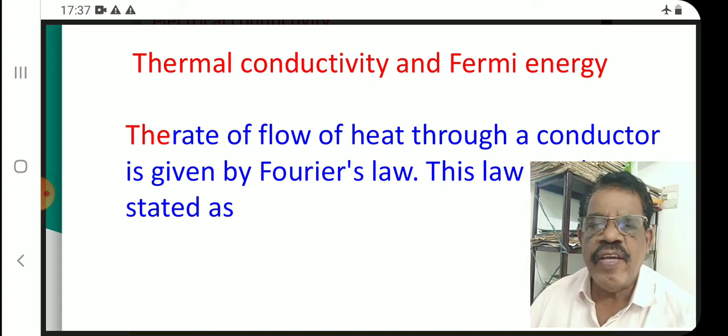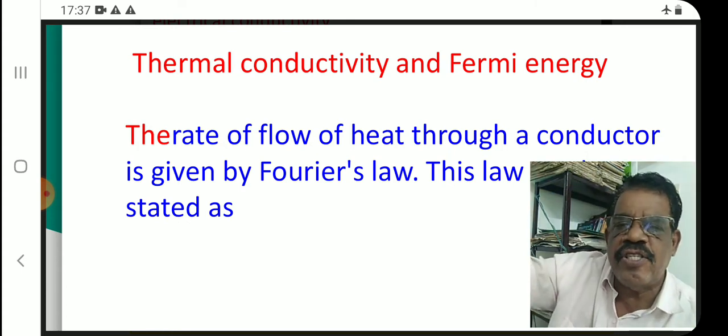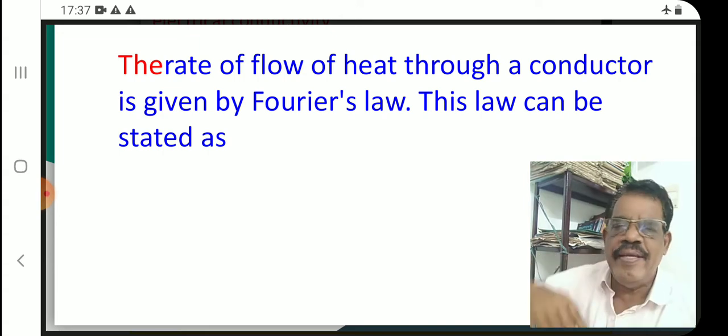The rate of flow of heat through a conductor is given by Fourier's law, and this law can be stated as,